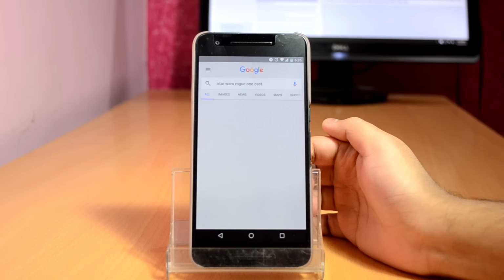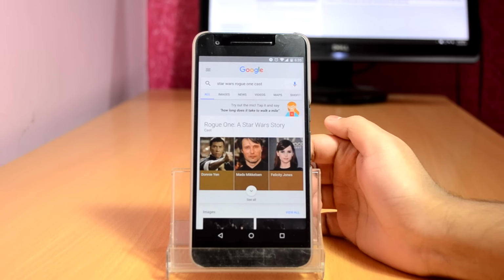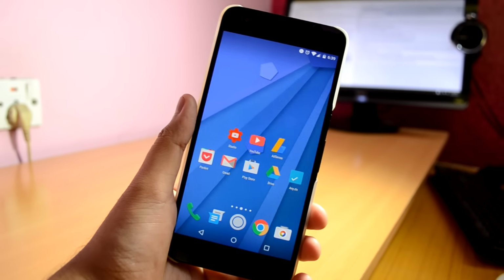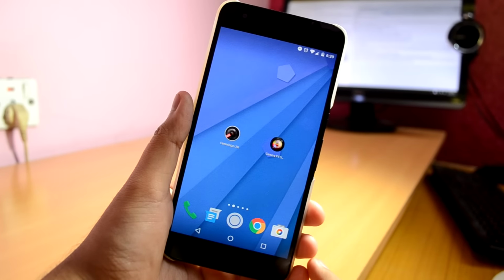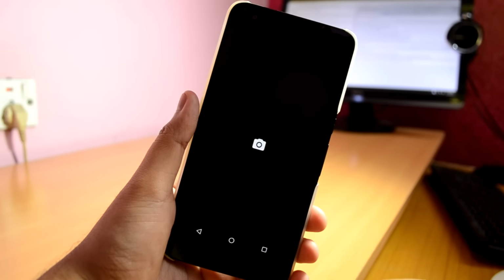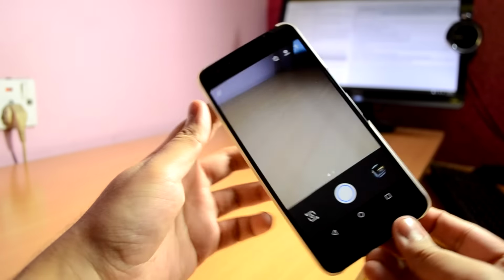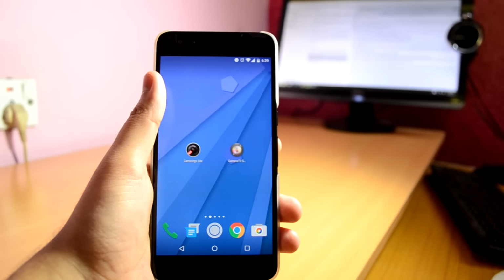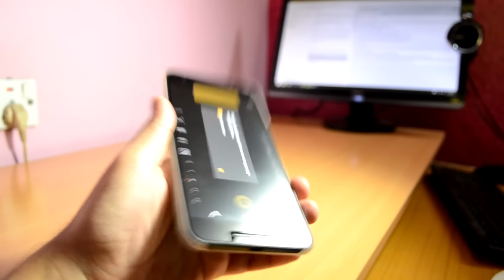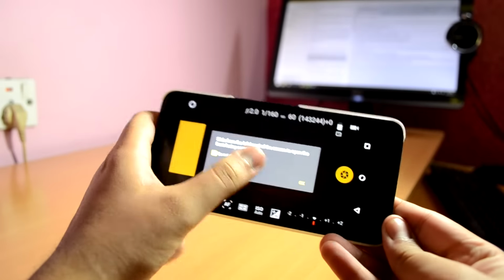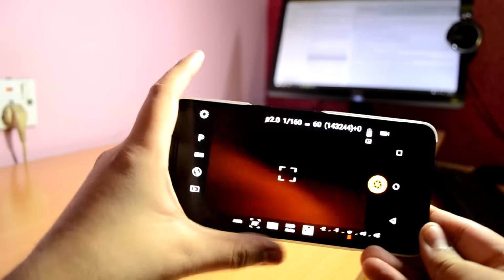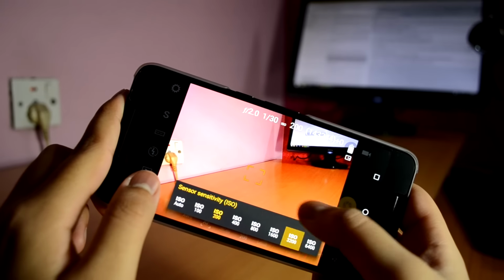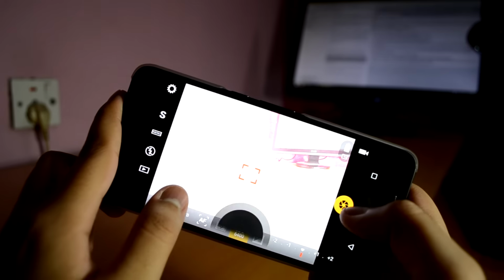Fifth, install a third-party camera app. The Nexus 6P and 5X have really good camera hardware. If you are a simple user who takes casual pictures, you will be more than happy with the stock Google camera app. But if you want more power over the camera on your phone, you will realize that Google camera is not the best. Some of the third-party camera apps available in the Play Store that you should consider installing are Camringo and FV5. You get much more control for capturing even better photos. You will be able to set ISO levels, exposure times, shutter speed, add filters, and so much more.